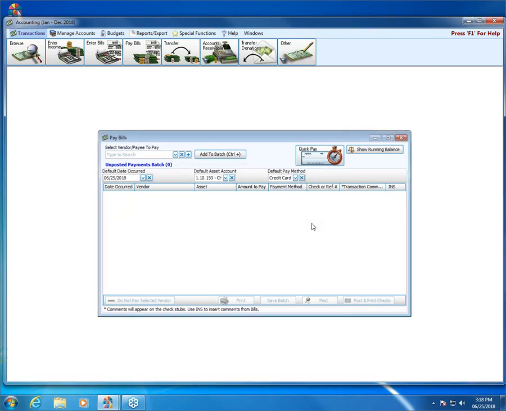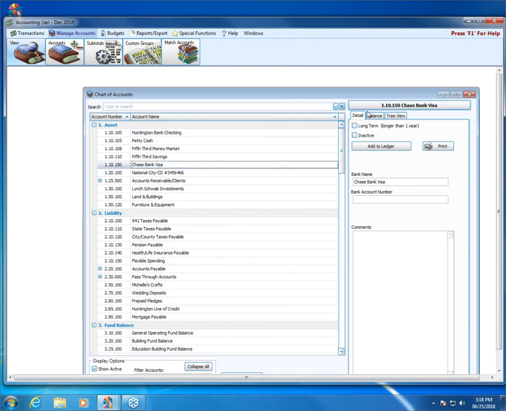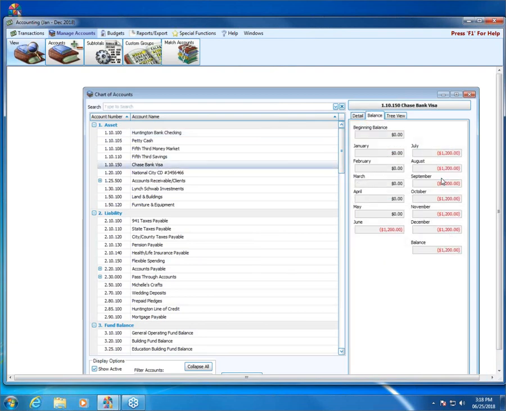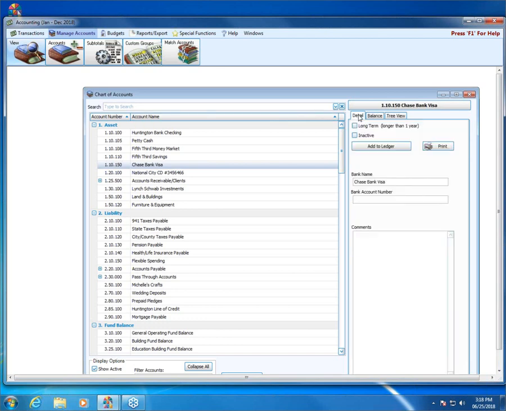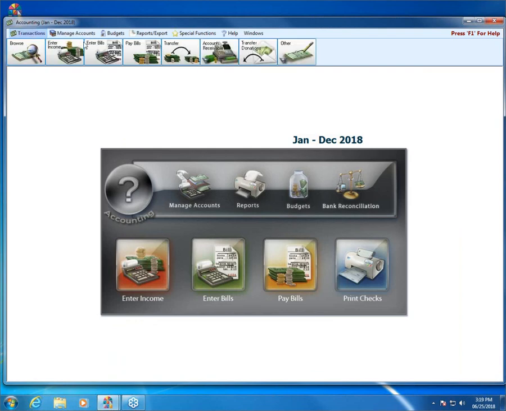Okay, so then now I want to pay my Chase Bank Visa for those charges that I've made through the month, okay? But what's occurred here is now if I go to my Chase Bank Visa, notice here, I've made payments out of that account for a balance that was at zero or had no balance in it, okay? So what I have to make sure here is that my bank name shows up as my payee for my check, okay? So now then all I have to do is when I go to pay my monthly credit card bill, I would go up here to transactions, transfer,